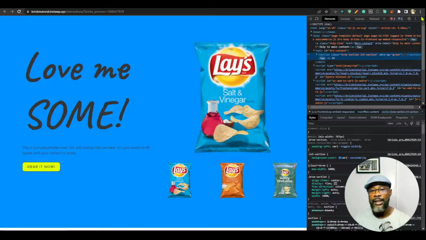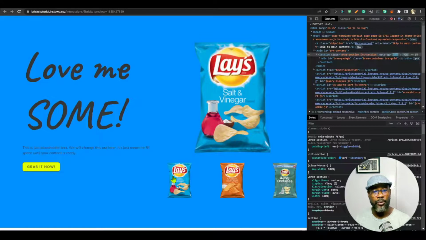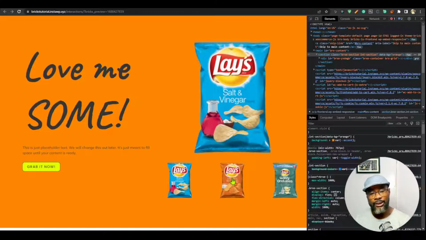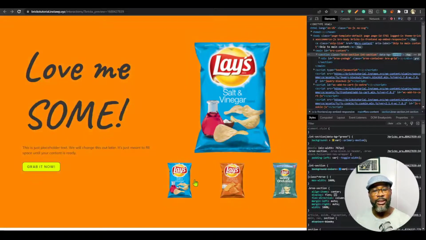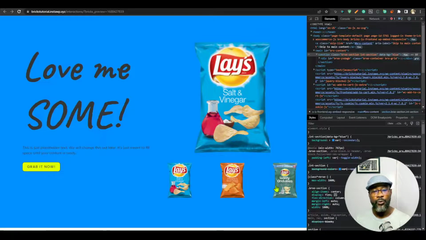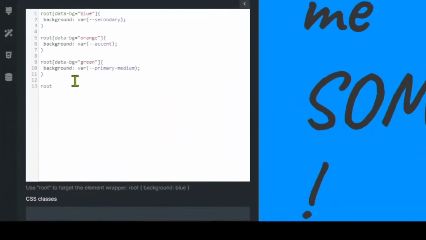I'm going to go to the front end, and then blue is blue. Okay, it's just refreshing. So blue is blue. All right, that works. This changes to orange, and this changes to green. When we go back to blue, blue changes. So right now, what we're going to do is to add a transition to it, because we want it to fade in. So I'm just going to say root